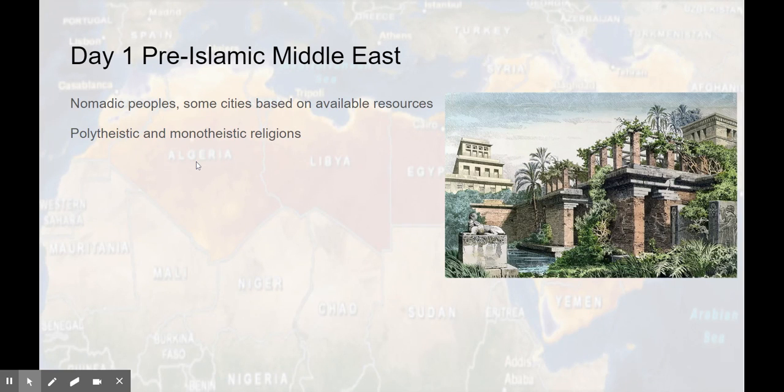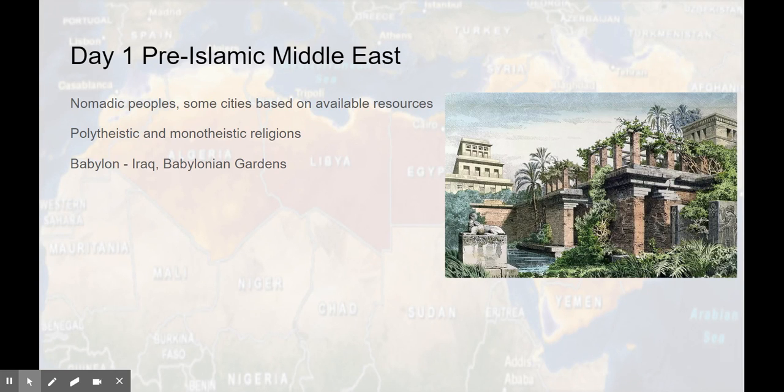Today, we just think of the monotheistic ones that grew out of the Middle East, Christianity, Judaism, and Islam, but actually you could find many other religions there, especially before Christianity and Islam were created, and some of them did focus on multiple gods. And one of the examples of an ancient civilization would be the Babylonian Empire, where modern-day